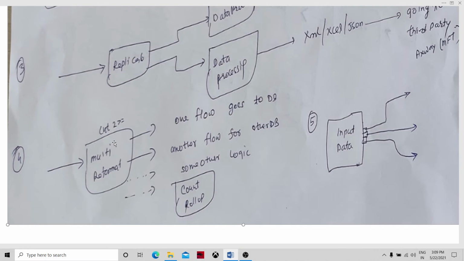Also, the conditioning could be done in the output index or output indexes. Depending upon a certain condition, we can route the data to the various ports. That way we could achieve one flow going to prepare the data set, another flow for another database, or maybe some other logic, or in a fourth flow we could have the count of the records, and then again we can merge or fuse the flows. So this is another scenario where, after this reformat, we will have component parallelism.